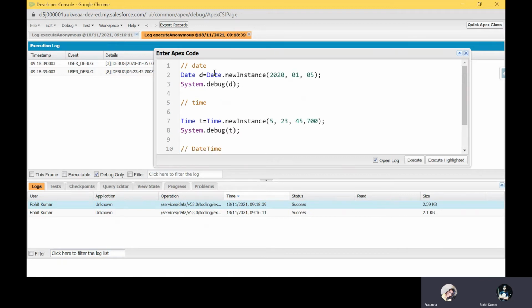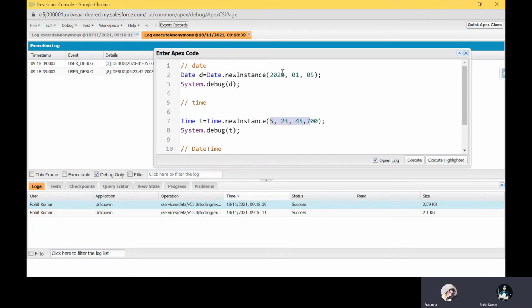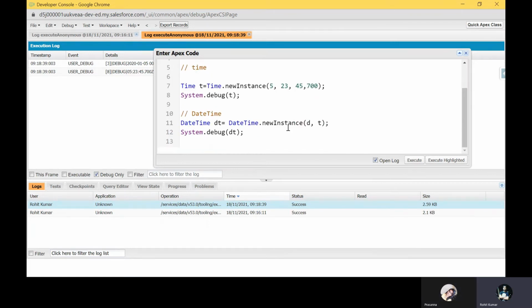You can see DateTime has some predefined methods, like newInstance. Every time I want to take a new date and time, newInstance means new things. But we can't mention new before DateTime. We can't mention it like that.